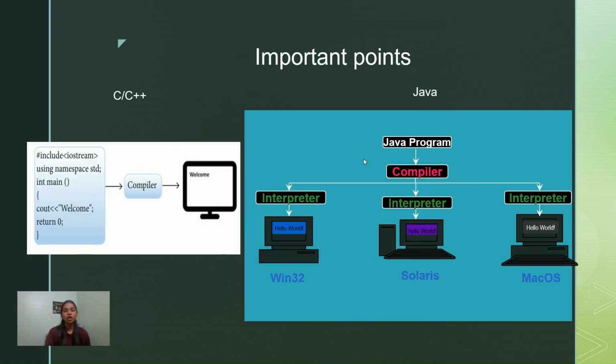Similarly, that happens when we talk about programming languages. Human language is not understandable by the operating system, or we can say the platform. A platform consists of a CPU and an operating system. So when we are dealing with a platform, the operating system is not able to understand human language